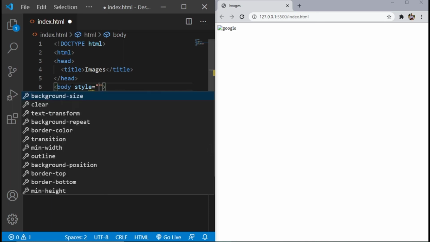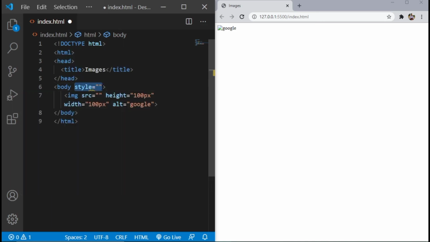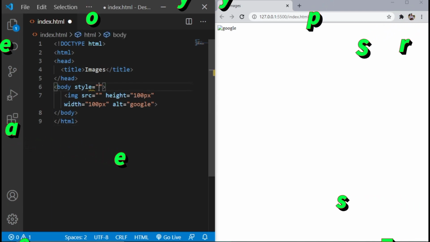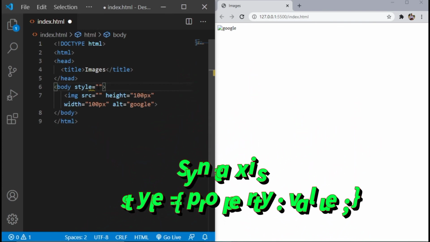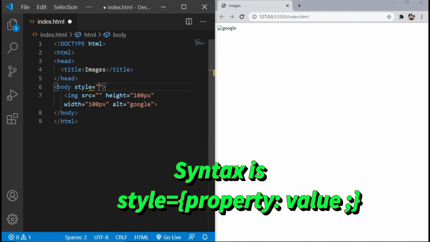So generally, this style attribute is used for inline CSS, but we are not discussing more about CSS here. So let's see how we can set the background image here. For that, inside the style attribute, we have to specify which property we have to use. So for background image, we will